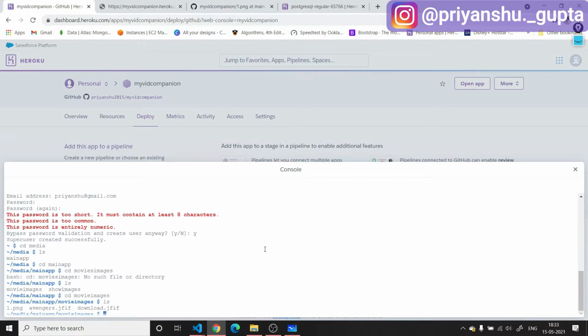So you will have to use something called an AWS S3 bucket to store all those media files there. Also, I will show you one more thing. Suppose you don't want an AWS S3 bucket, and you want certain limited media files that you have uploaded from your local server. You want only those media images, right? So what you can do is sync the SQLite 3 database data with this PostgreSQL database data, so that it can read those media files as well.